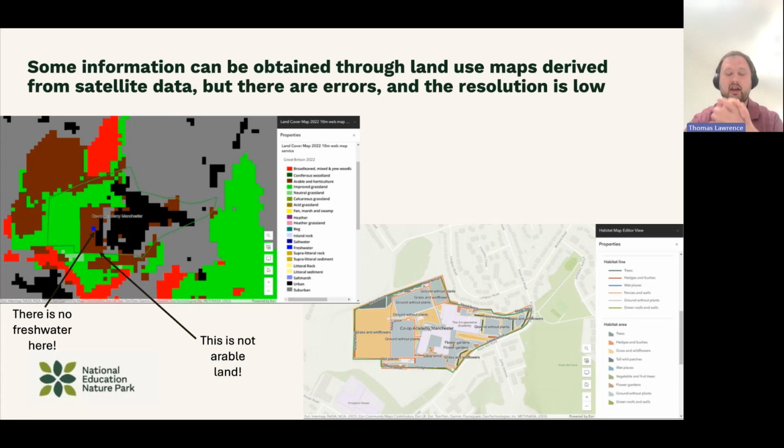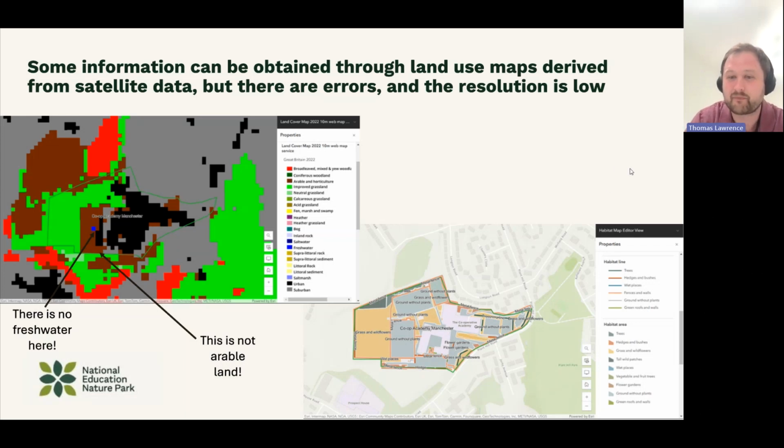You can see here, satellite data is not always accurate. You might just say, well, why do we go out and do all this habitat mapping? Can you just use satellites? Well, aside from all the value that the pupils get out of it, from active learning, from a well-being perspective of being outside and learning, satellite data is not always 100% accurate, as you can see from